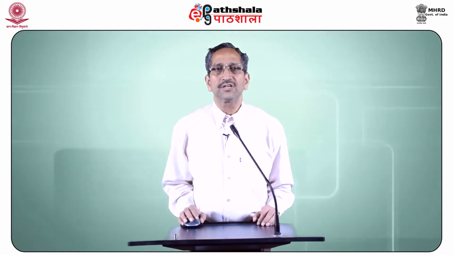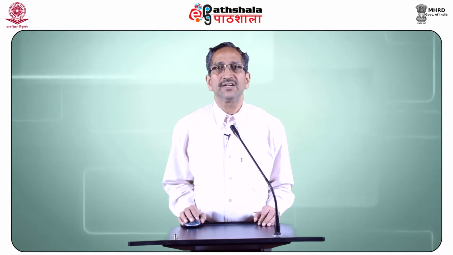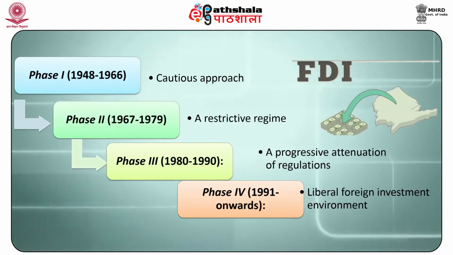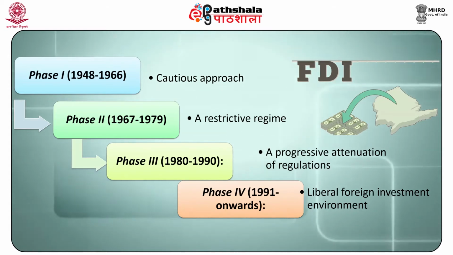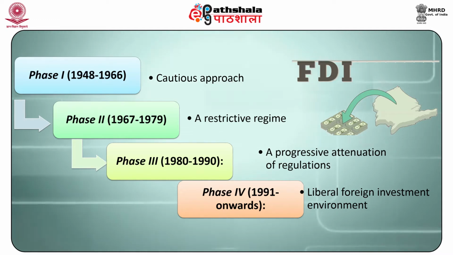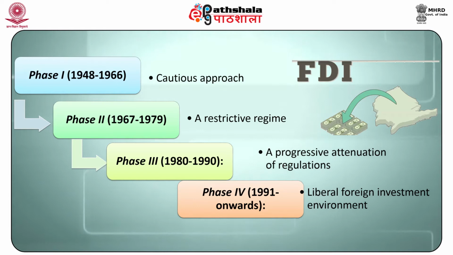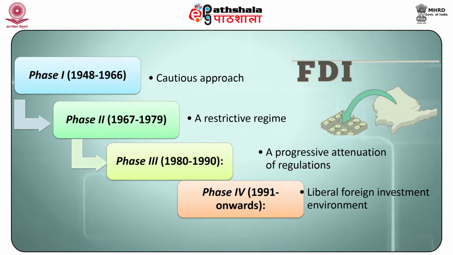In this section, we attempt to present an overview of India's foreign investment policy. Since independence, foreign investment policy can be studied under 4 distinct phases. Phase 1 can be described as from 1948 to 1966, which was marked by a cautious approach, followed by phase 2 from 1967 to 1979, which was characterized by a restrictive regime. Phase 3 from 1980 to 1990 exhibited a progressive accentuation of regulations, and phase 4 from 1991 onwards witnessed a liberal